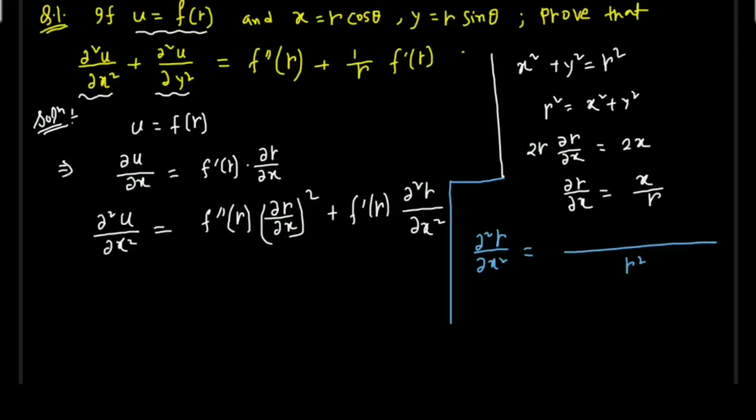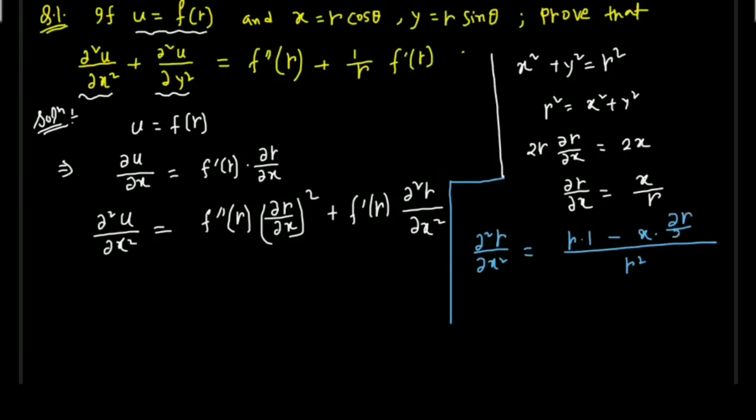r into differentiation of x, that is 1, minus x into differentiation of r, but differentiation of r is here with respect to x. So this is very important, this is with respect to x. So what it will be? So r into 1, differentiation of x, minus x into differentiation of r with respect to x, that is